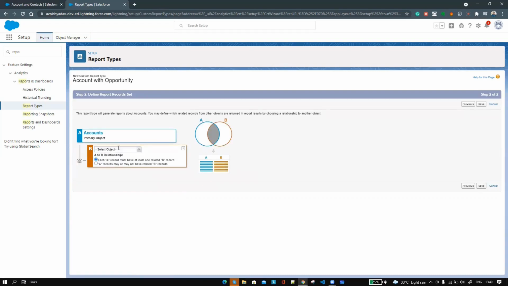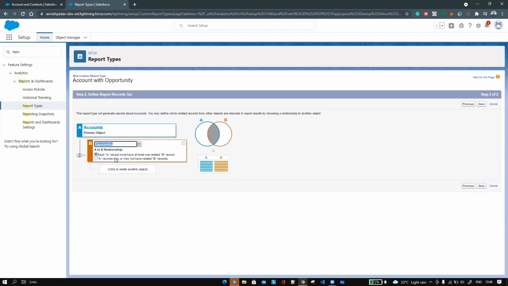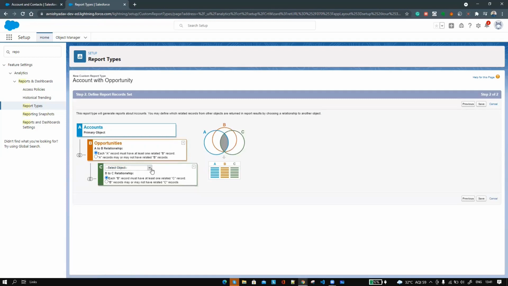If you click on that section, it will show all the objects which are related to account. You can see opportunity is there, which is related to account, and all the other objects which are related to account. We'll choose the opportunity there. We want only account and opportunity, so we can do that. Let's click on this option again to see what other objects are related to opportunity. We can see we have a lot of other options which we can add,